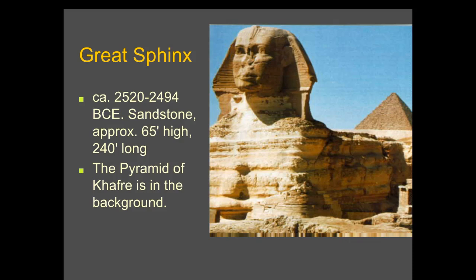The Great Sphinx. Very generalized features. So we're seeing this as very stylized. It's not of a specific person as far as we know, although some say it may be a portrait of Khafre, whose pyramid stands right behind the Great Sphinx. It's carved in situ, which basically means it was carved on site, was not moved, cannot be moved. So in situ means carved on site. That is a vocabulary word. From a huge rock, this is the symbol of the sun god. It's the body of a lion, head of a pharaoh or of a god. The Sphinx seems to protect the pyramids behind it, originally brightly painted to stand out in the desert.